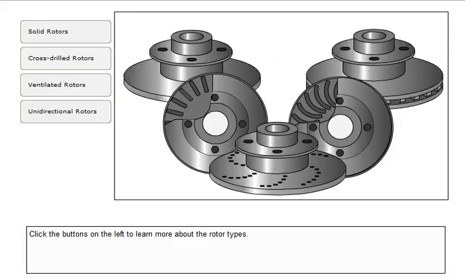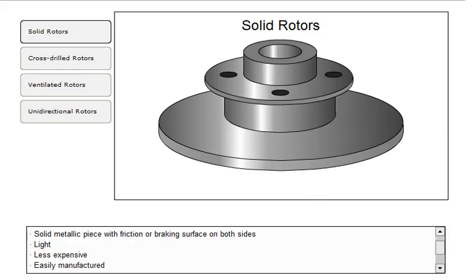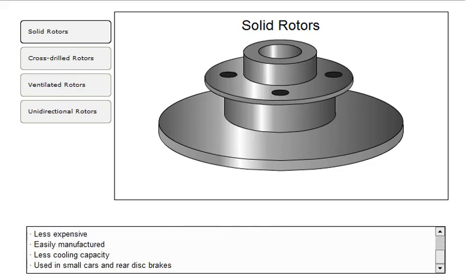In addition to being fixed or floating, rotors can be solid, cross-drilled, ventilated, or unidirectional. Click on the tabs to learn more about rotor types. Solid rotors consist of a solid metallic piece with friction or braking surface on both sides. They're light, cheap, and easily manufactured. They have less cooling capacity, so they are generally used on small cars that need moderate performance or on vehicles